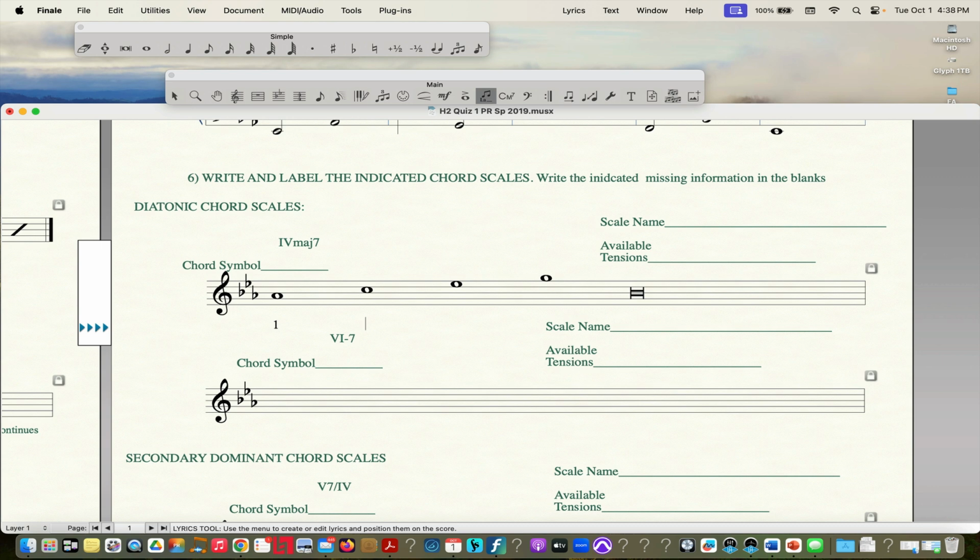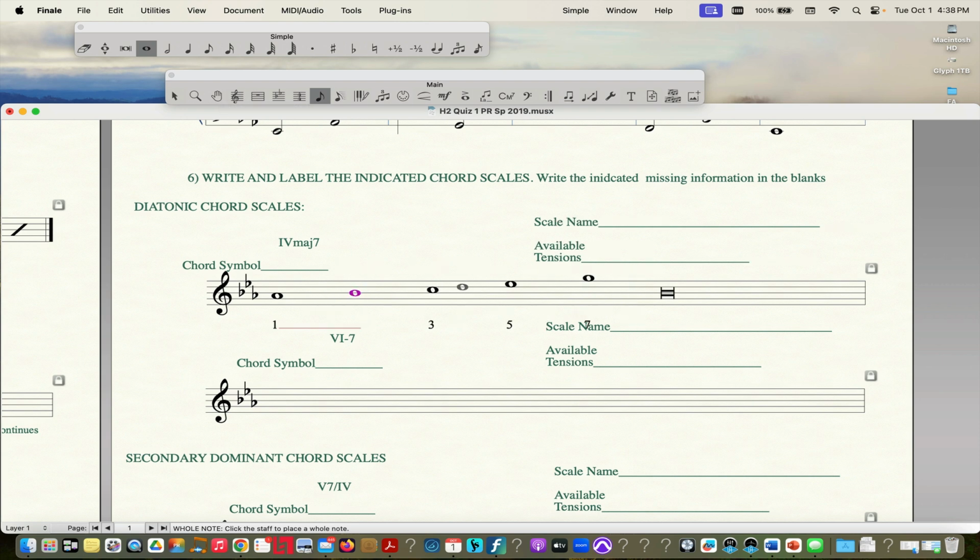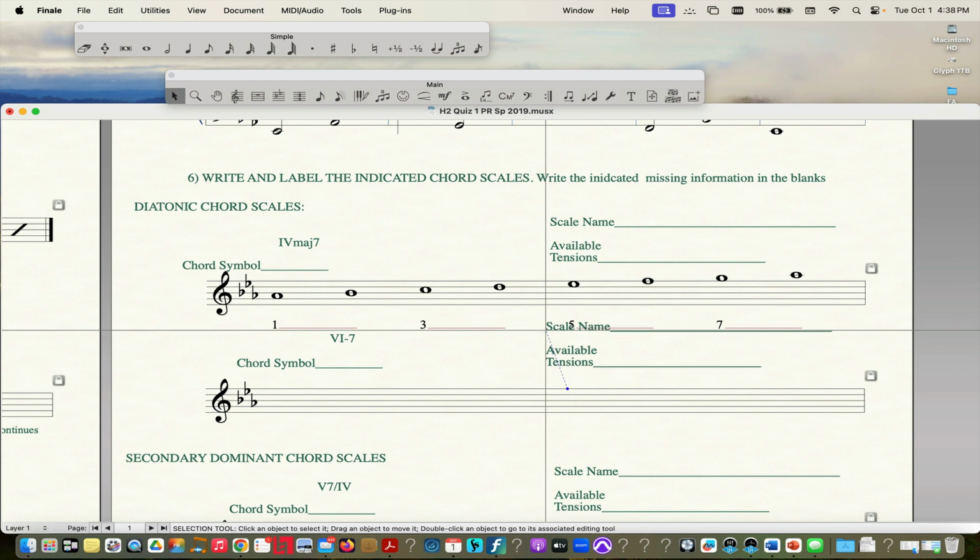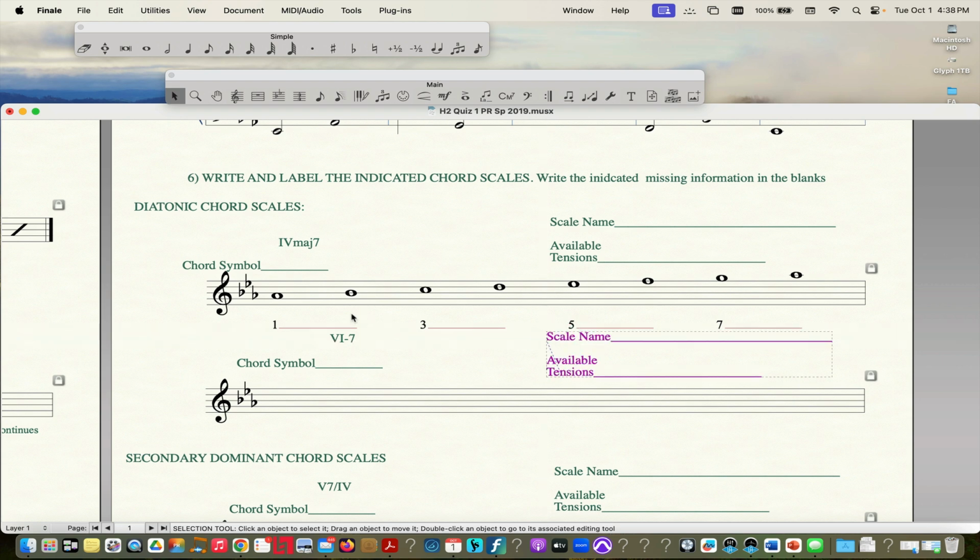You must always label the notes in a chord scale. If you don't label them, it's not a chord scale. Then you put in the surrounding, in the case of a diatonic chord, you put in the surrounding diatonic non-chord tones, the notes that are in between the chord tones. And then you label those, and we use, for non-dominant chords, we use the formula: if a note